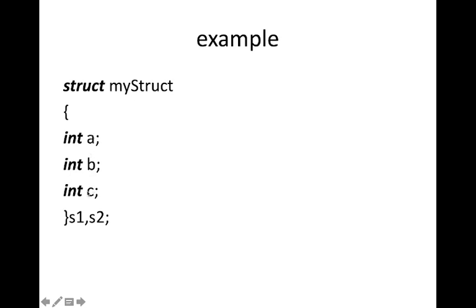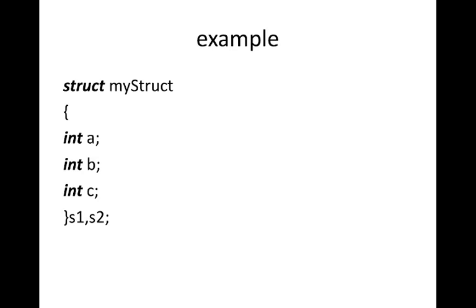If it is a 32-bit machine, then we have to use 12 bytes for S1. Then similarly for S2 also 12 bytes need to be allocated. So this tells the compiler that these S1 variables will occupy 12 bytes. First 4 bytes will be for A, second 4 bytes will be for B, then last 4 bytes will be for C of S1. Then similarly for S2 also 12 bytes will be allocated. Okay.